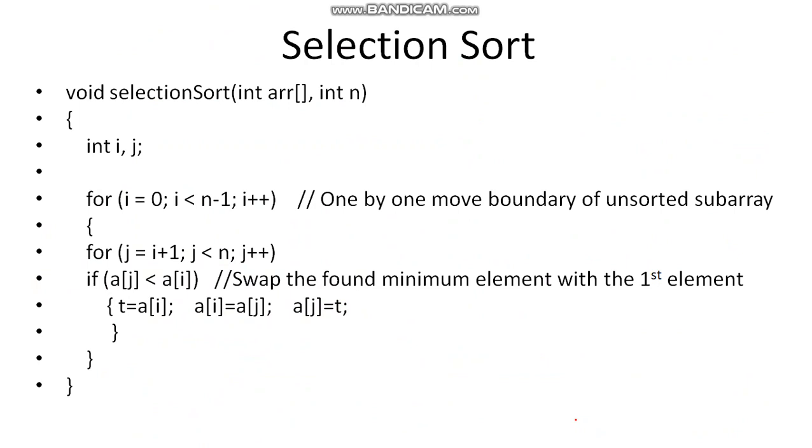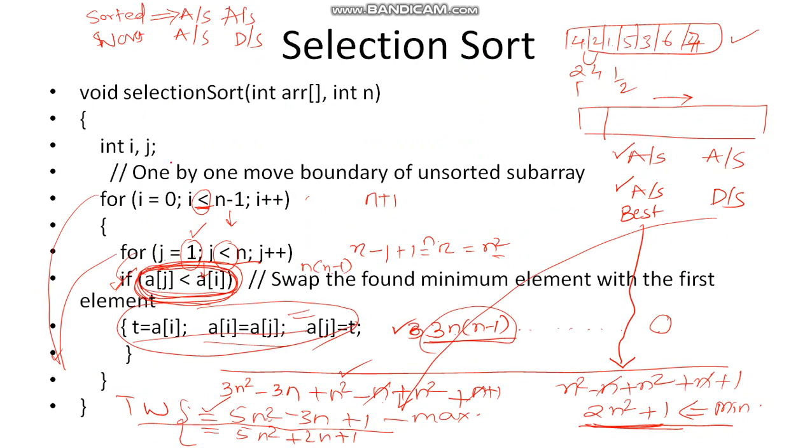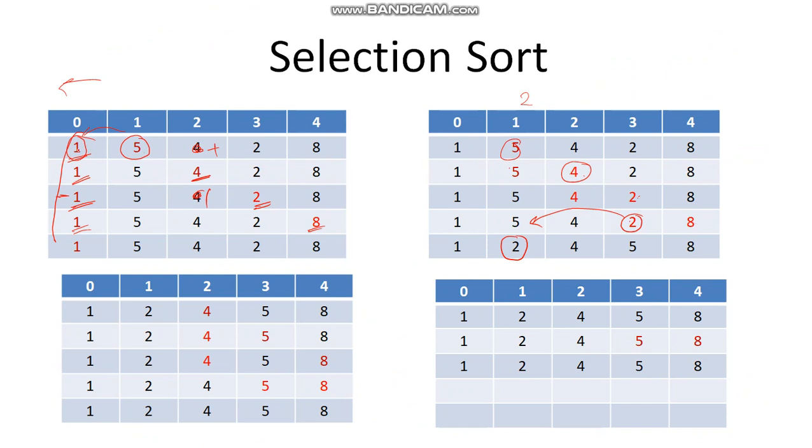So let us move ahead and try to do some modification to the selection sort. Here, every time we are starting from j is equal to 1, so this is compared with this, with this, with this. Instead of this, if we know that the first element is at its appropriate position after the first pass, why is it needed to come back again to the first location? Start it from the second location.